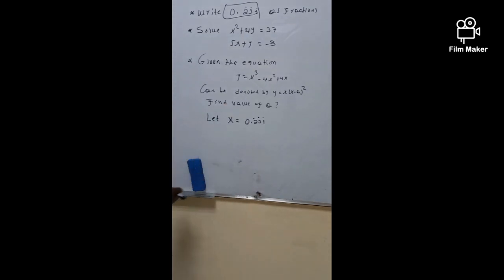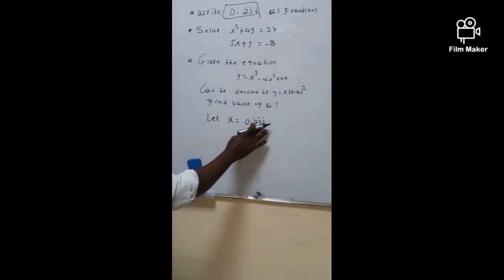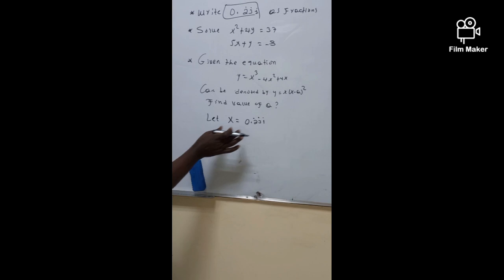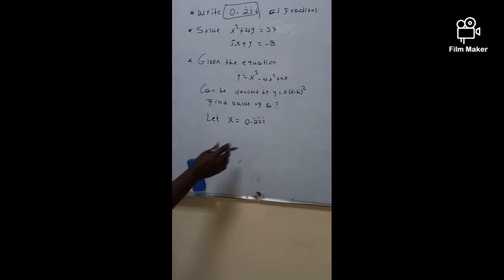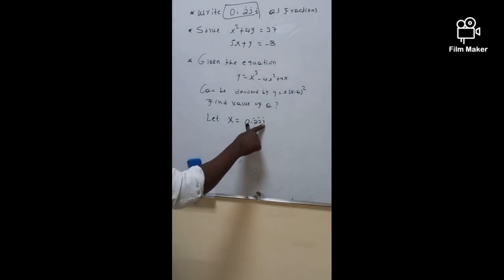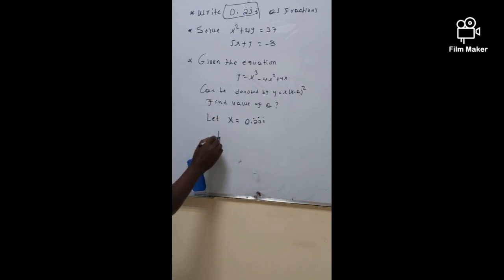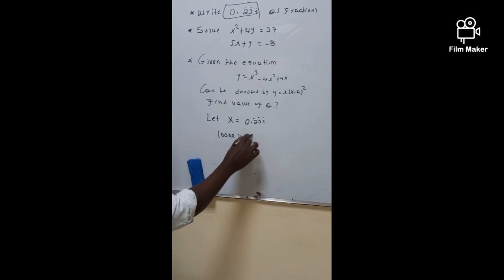When you multiply both sides by 1000, if it were in the hundredths place, we would multiply both sides by 100. If it is found in the tenths place, we multiply both sides by exactly 10. But this is found in the thousandths place, so let's multiply both sides by 1000, and this is going to be 1000x, and this is exactly